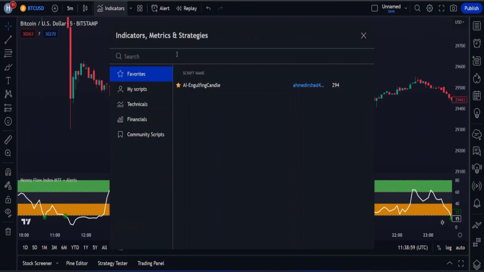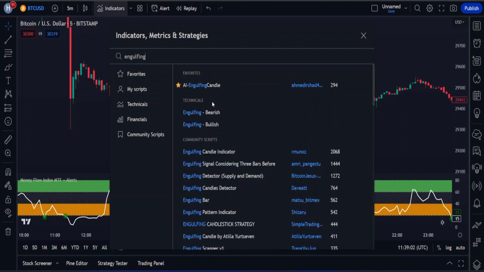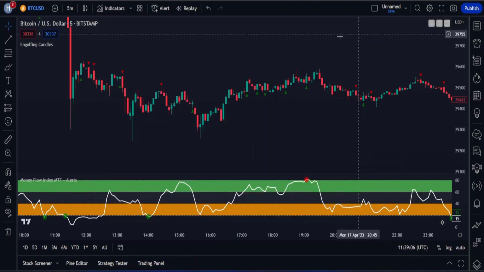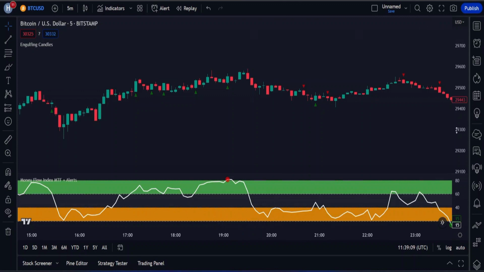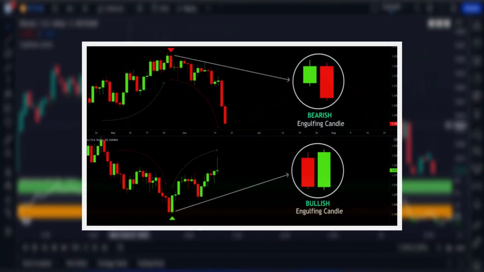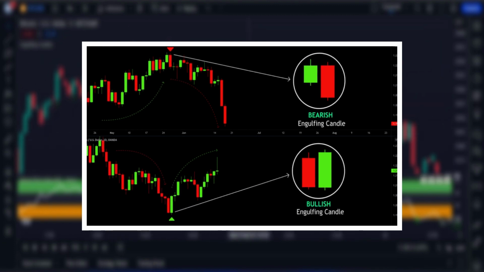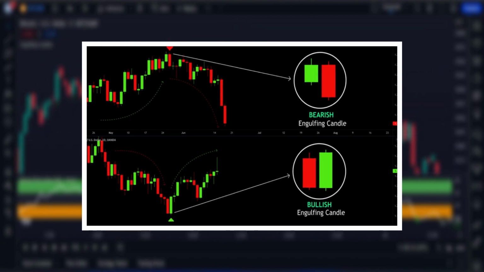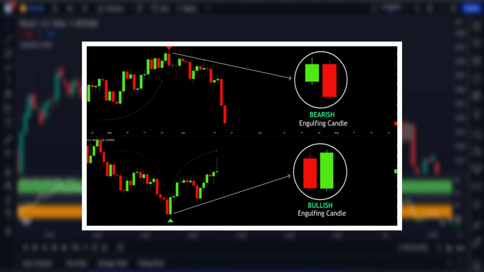Now let's add our second indicator to the chart. In the Indicators tab, we will search for Engulfing Candle Indicator and add this one to the chart. The Engulfing Candle Indicator is a basic yet powerful technical analysis tool used to identify potential trend reversals in financial markets. The engulfing candle pattern can be either bullish or bearish, signaling a potential change in market sentiment and future